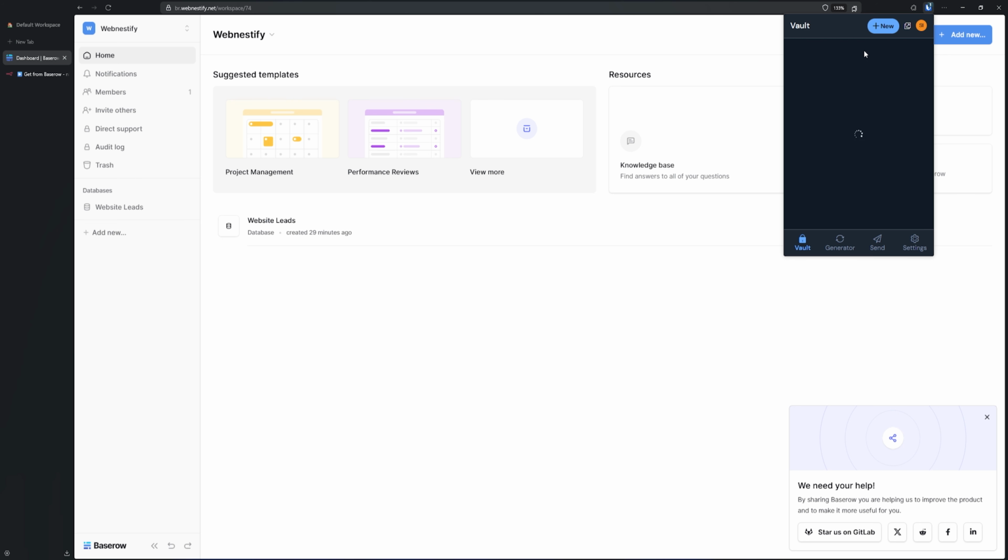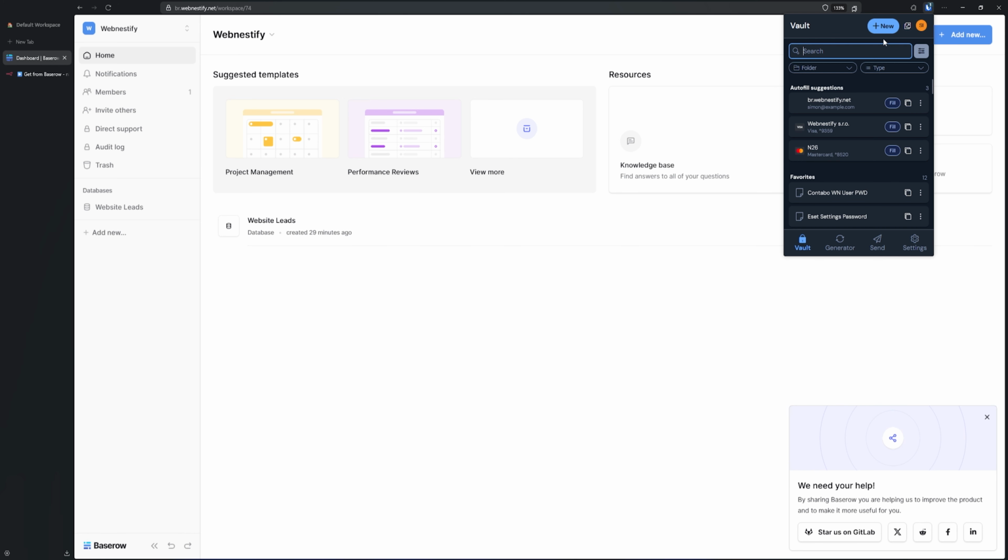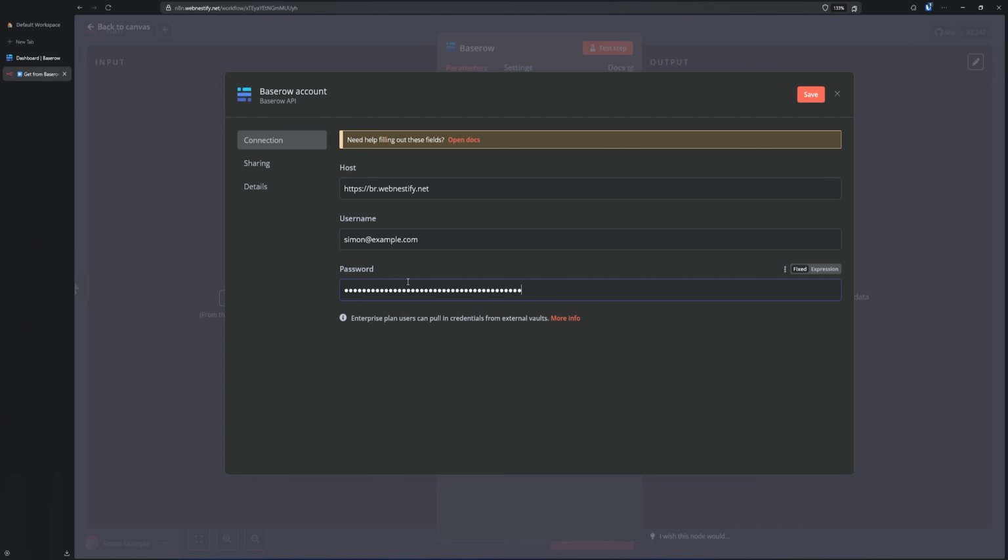Unlock my password manager, and copy the password. I'm gonna paste it here, and it's gonna be Webnestify test Baserow. We can click save,